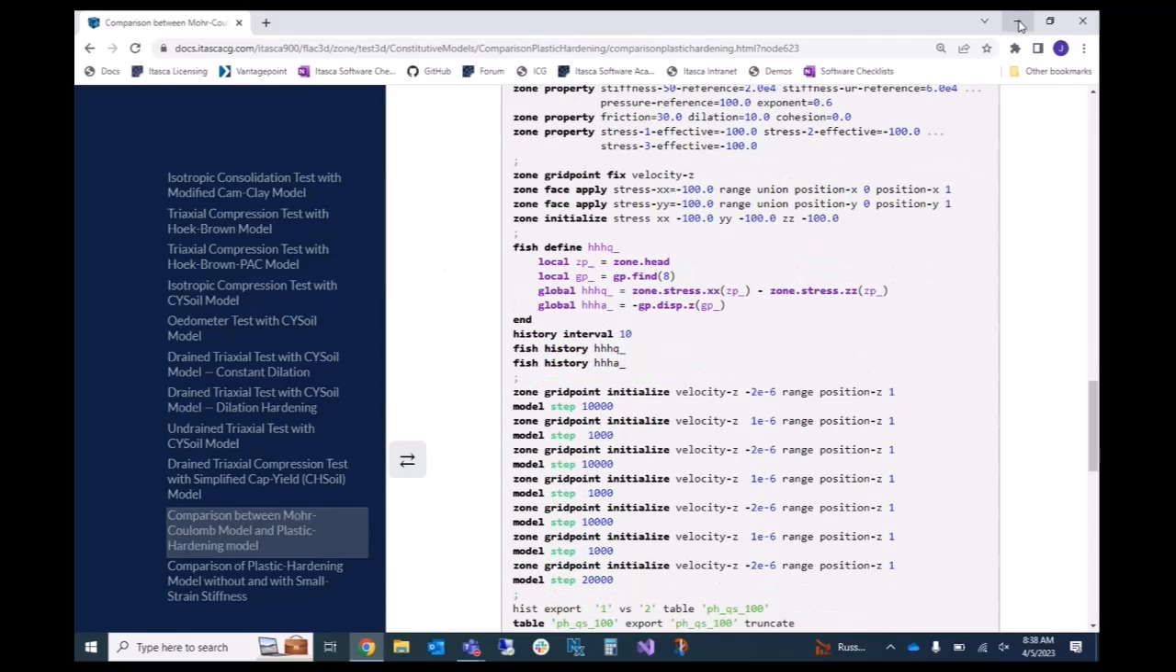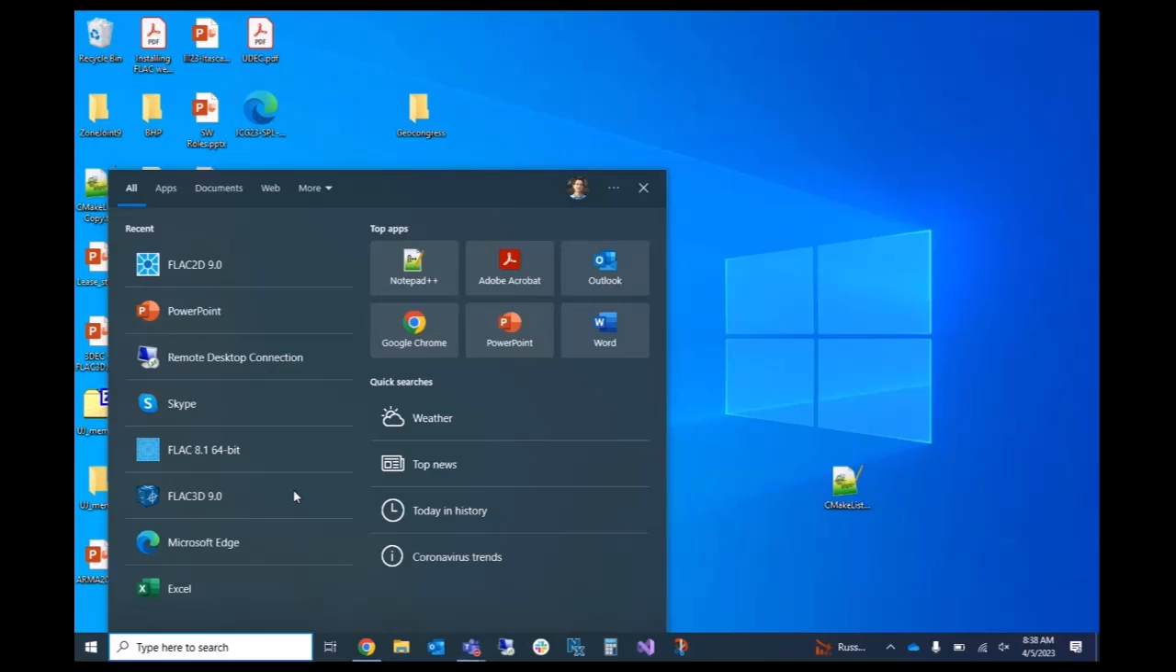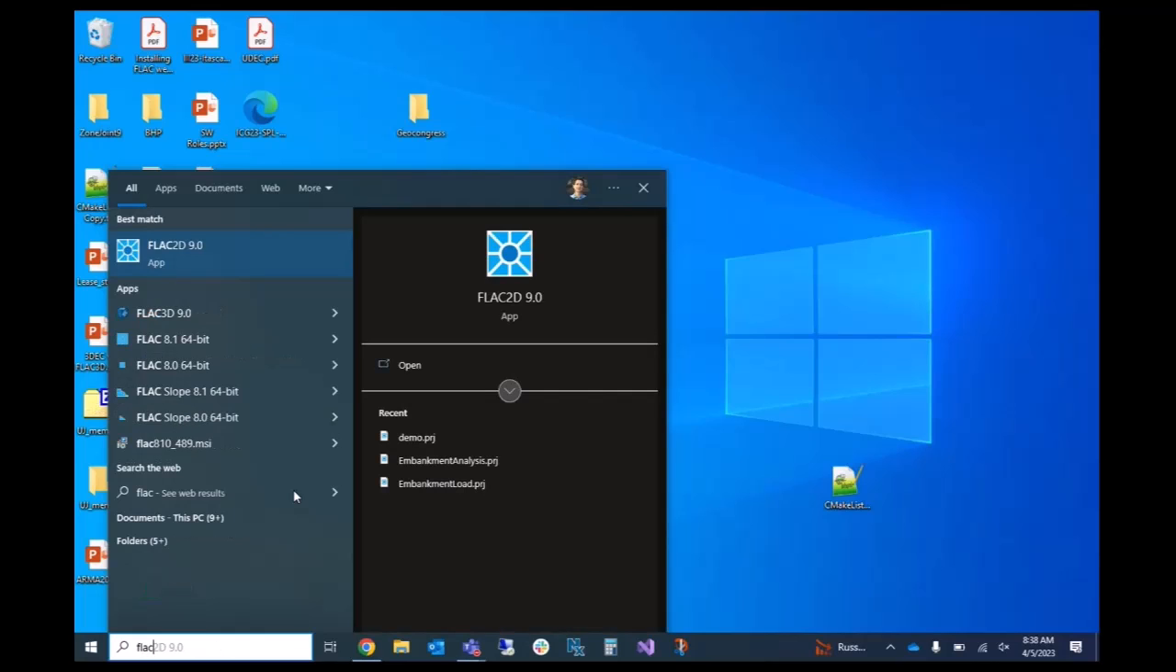The second topic that we didn't get to the other day was factor of safety contours. We can follow along here for this. This will take like 10 minutes, but it's kind of interesting. If you start FLAC2D,